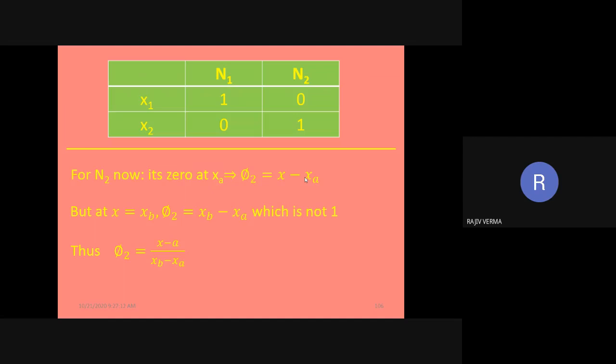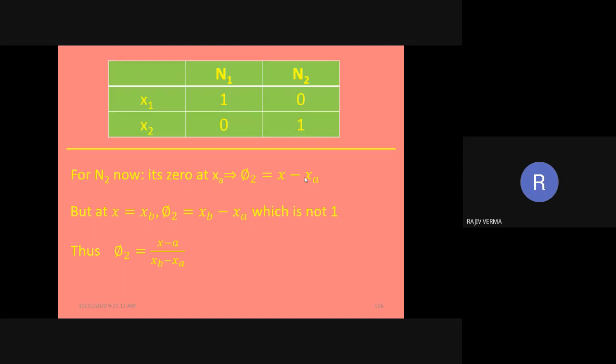So this is how you evaluate the expressions of the shape functions phi 1 and phi 2. And if this particular process is clear to you, you can derive the shape functions of any element, which might have any number of nodes, very easily. All you are supposed to do is to start with a truth table, something of this sort, which has been done for the linear element on display.